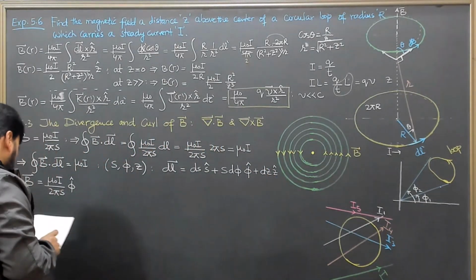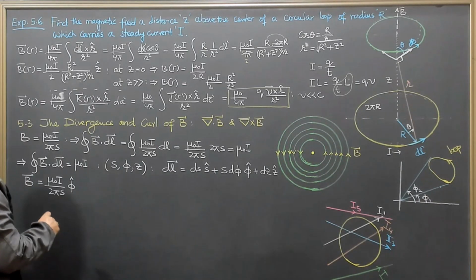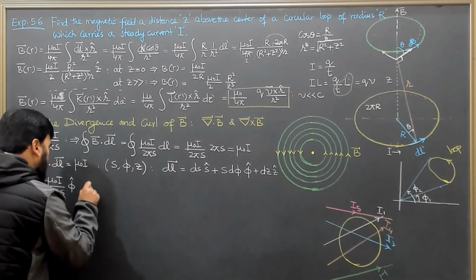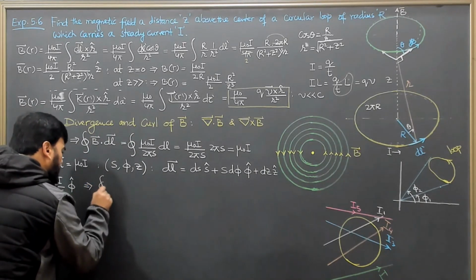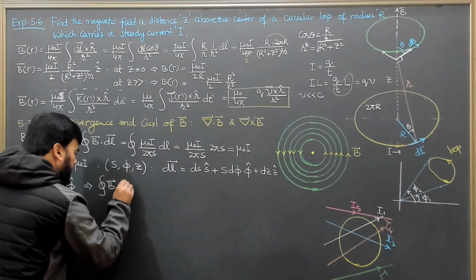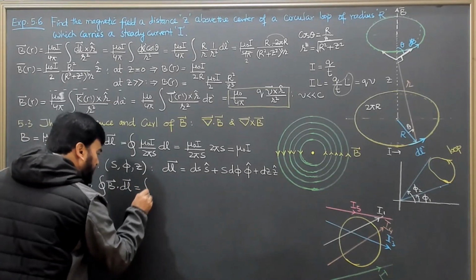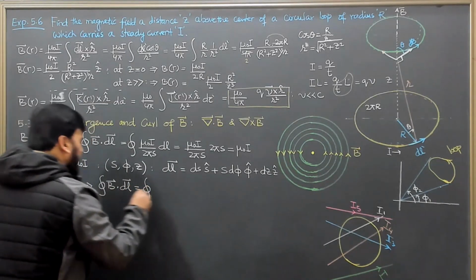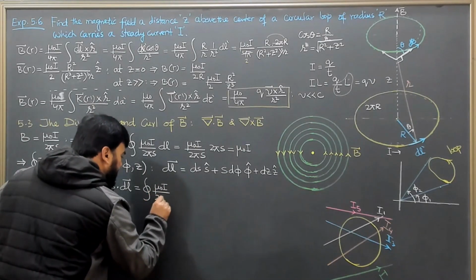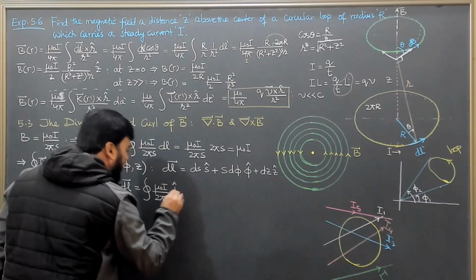This is the length element, and when I multiply B dot dl, this implies that the closed loop integral of B dot dl is equal to the closed path integral of mu naught I over 2 pi s in the phi unit vector